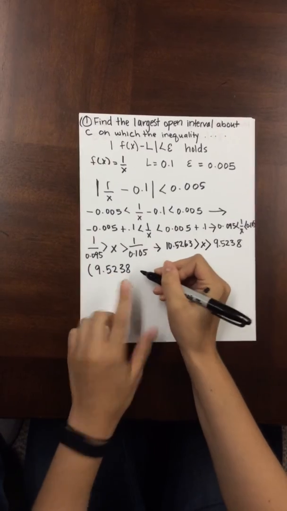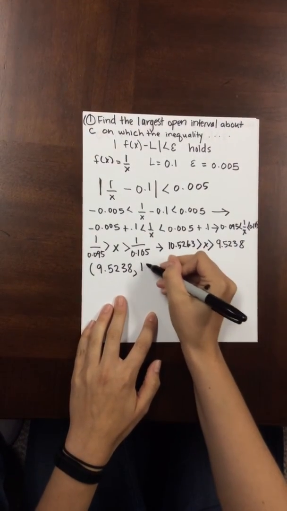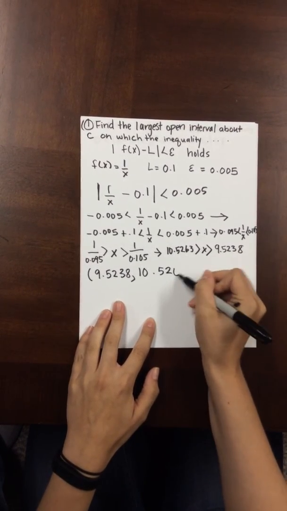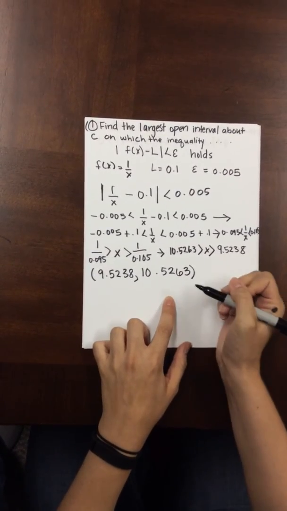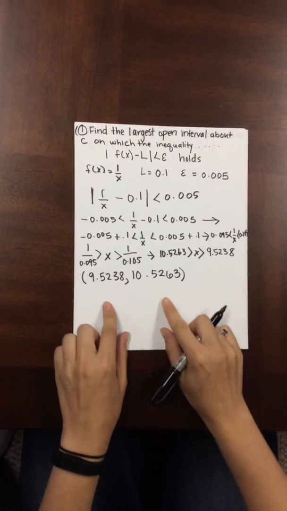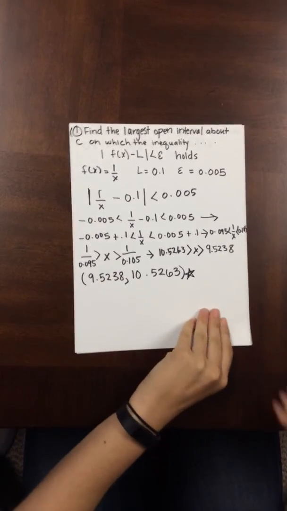And I did 4 decimal places because they asked for that in the homework problem. And then we go up to 10.5263. And these are our two x values in this interval. So that's step 1, finding the largest open interval. Step 2